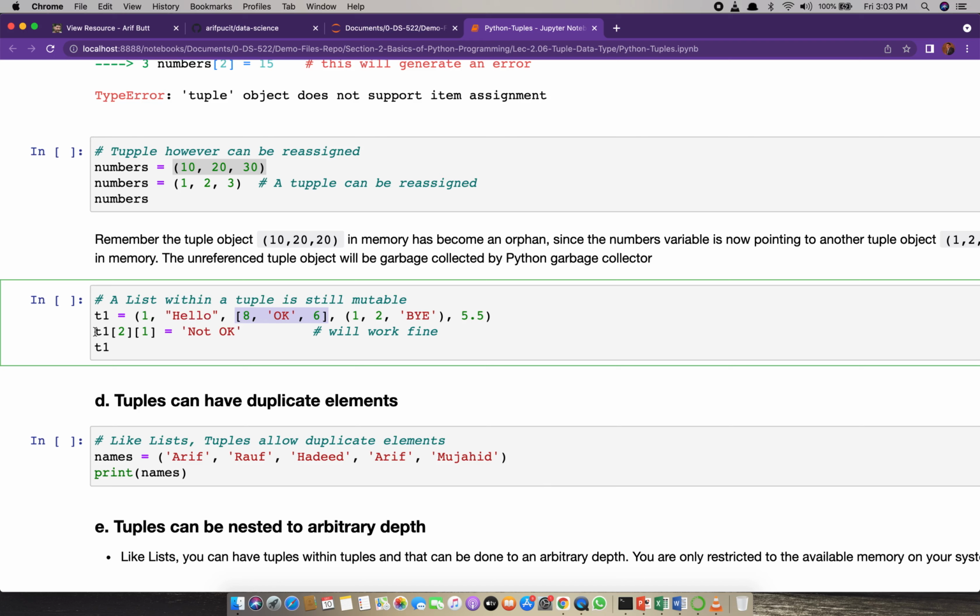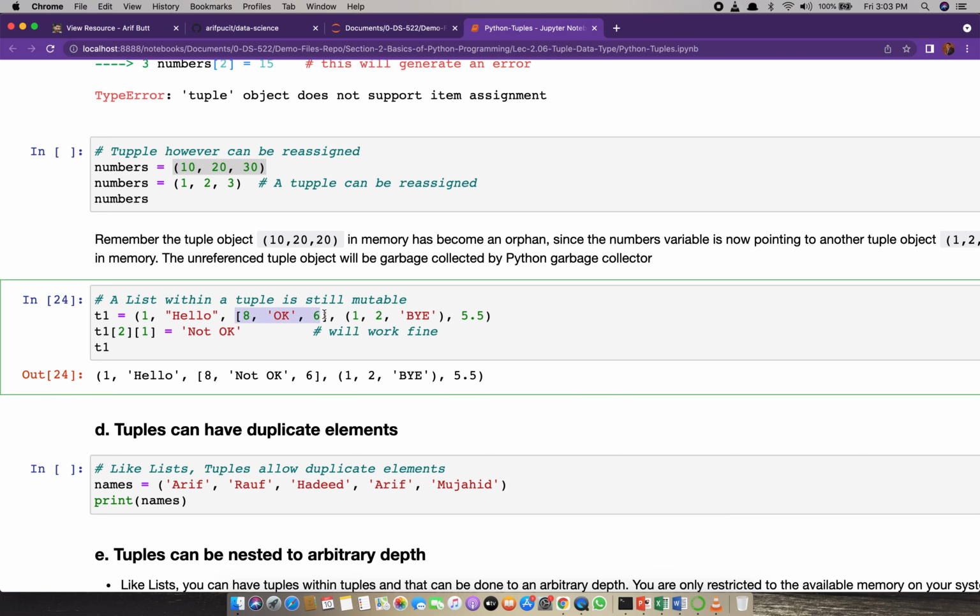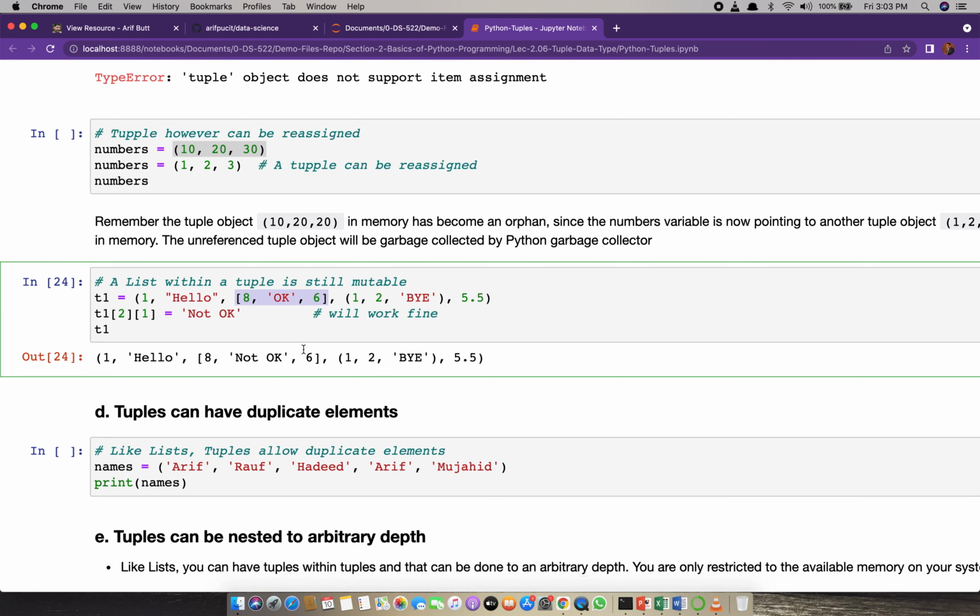Over here you see that I am modifying the element of this list. So this is very much okay with Python. Let me repeat again. A list, a sublist within a tuple, is mutable.